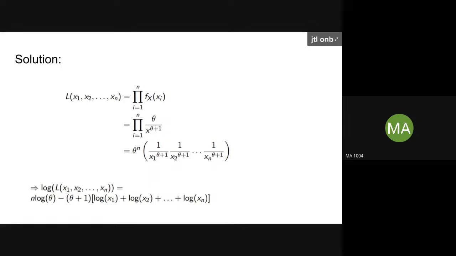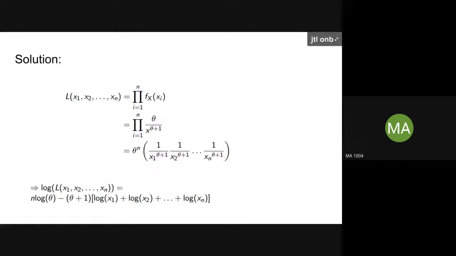Let us write the likelihood function first. So the likelihood function, as I said, we can write as the product of the densities. Once you write the product of densities, here they have taken x1 to xn only, but don't worry, at last they will substitute x1 and xn. Even though you substitute at the start, it's fine. It's not a mistake at all. But here they will treat those x1 to xn as constants, which are independent of theta. So what they have done is, they have simply taken the product.